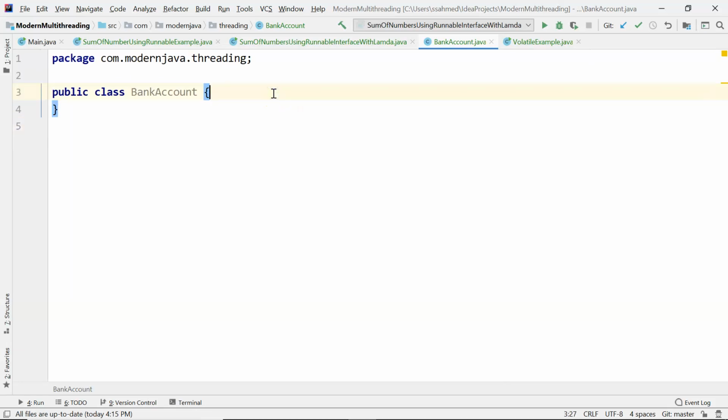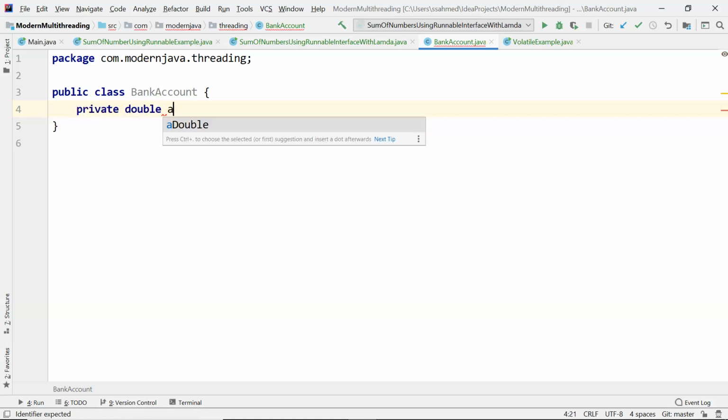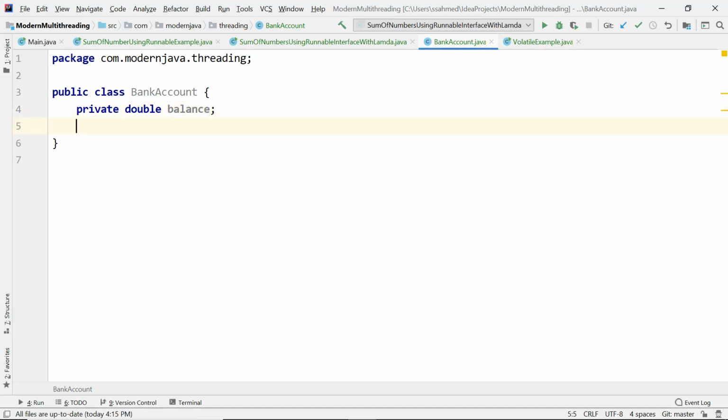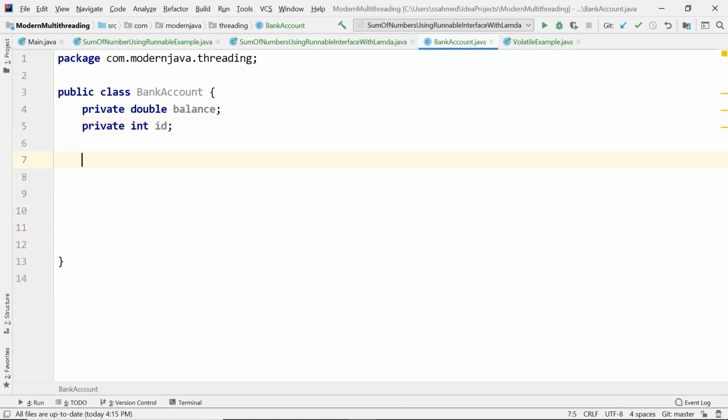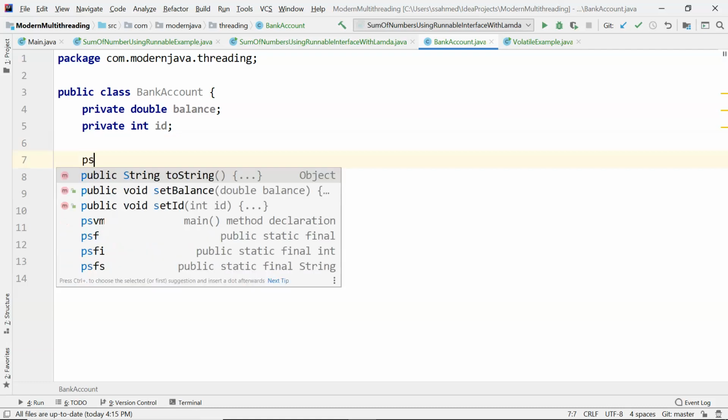So bank accounts have two attributes. The first one is private double balance, and the second attribute is private integer ID. And create a public static void main